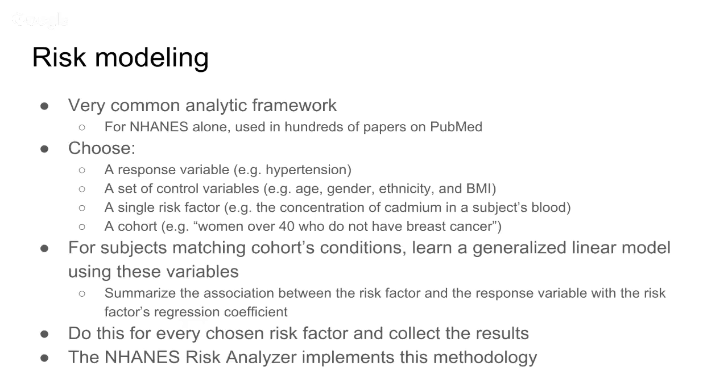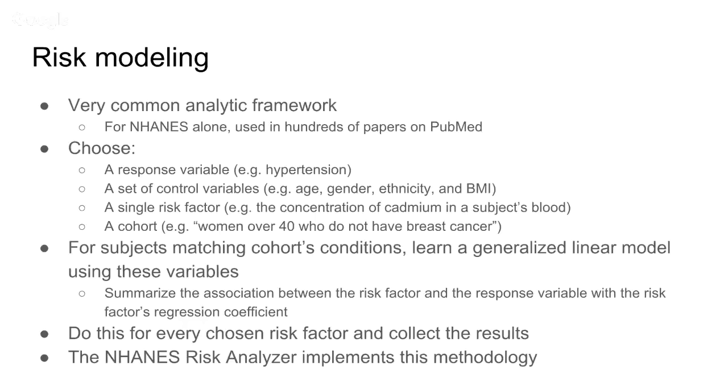And so then you choose a set of control variables. So these are things that domain knowledge tells you are associated with the response variable already. So if you're looking for the association between hypertension and some pesticide, well, you already know that ethnicity has an association with hypertension, so you want to control out the effect of ethnicity before you move on. And then you choose a single risk factor, so it could be like a concentration of cadmium in your blood. And this single risk factor is how it's very commonly done. It's kind of a limitation because you're sort of assuming different risk factors have independent effects, but we want to work with this simple thing to start out with, and then we can do more complicated stuff later.